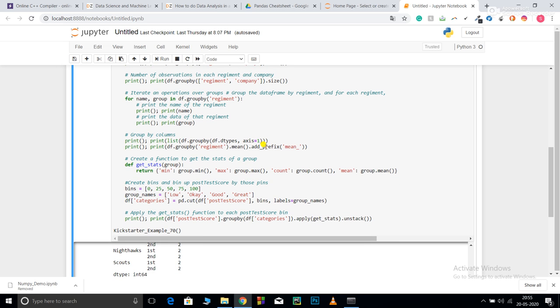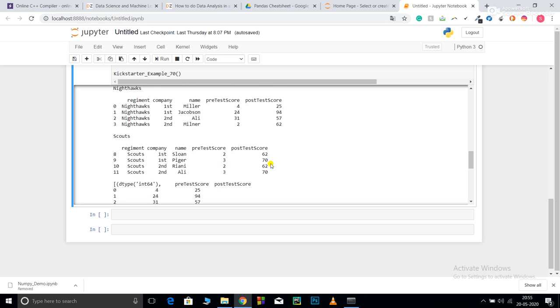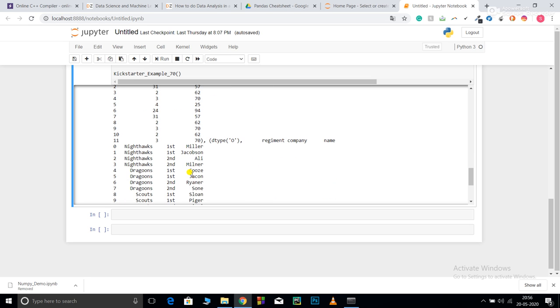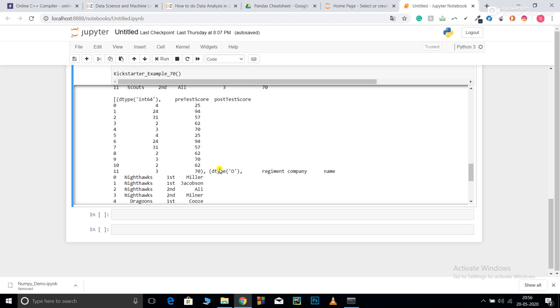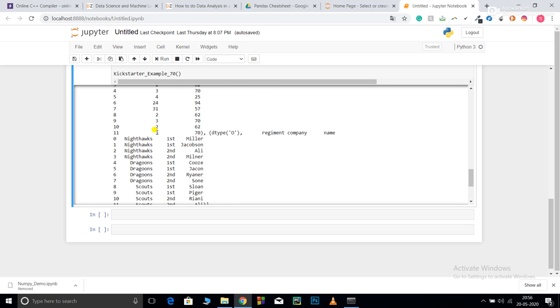So what does this mean? Add .add_prefix mean underscore means add a name to that. So yes, this was add prefix. This comes for pre-test score and this comes for post-test score.